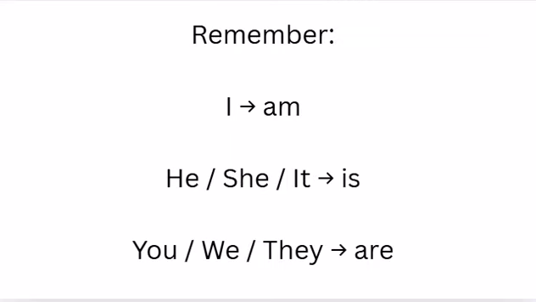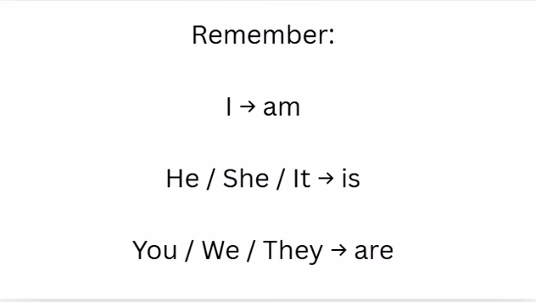Okay, now next, to talk about feelings also we will use is, am, and are. So what about the feeling? How is the day today? I feel so tired. How are you today? I am happy. We are excited to see the video. Now next, to talk about things we will use is. This is my laptop. That is my phone. We will use is.